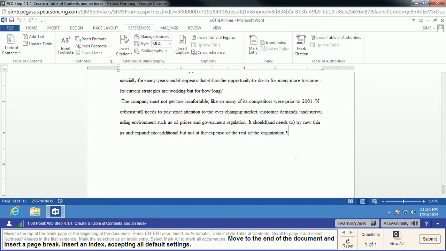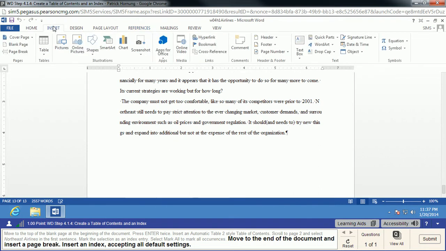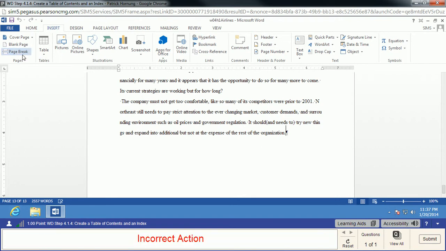So we insert a page break. Now there's a couple ways in Word that you can insert a page break. Normally, the way I would typically do this would be that I would go into Insert and click on Page Break. That's an incorrect action according to this particular step. Now what I've discovered with this one, if you go one step to the left, now notice your cursor is actually sitting here to the right of the paragraph marker. If you go one step to the left of that and insert that page break,